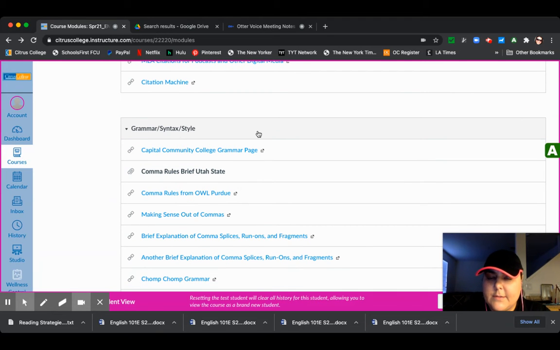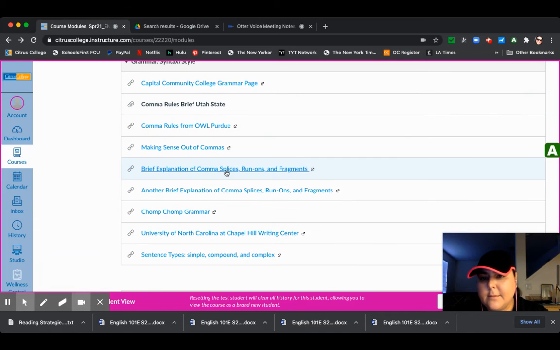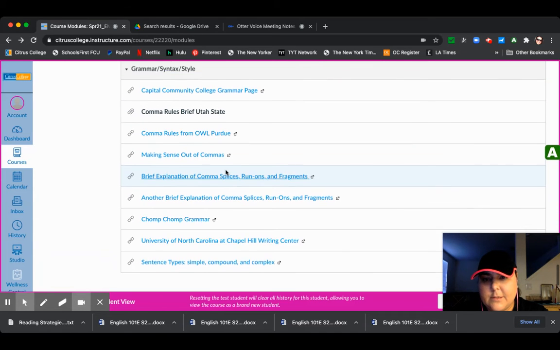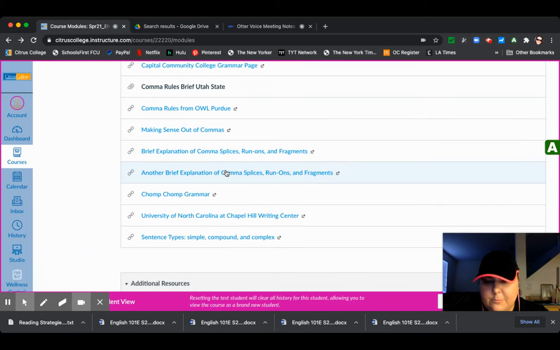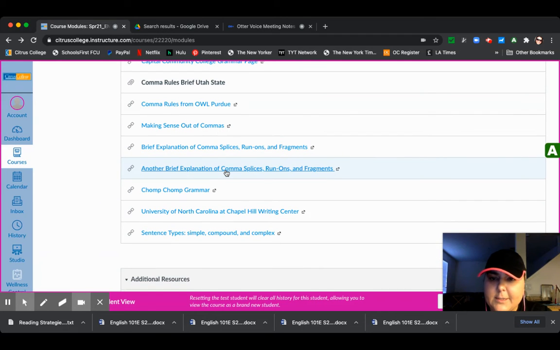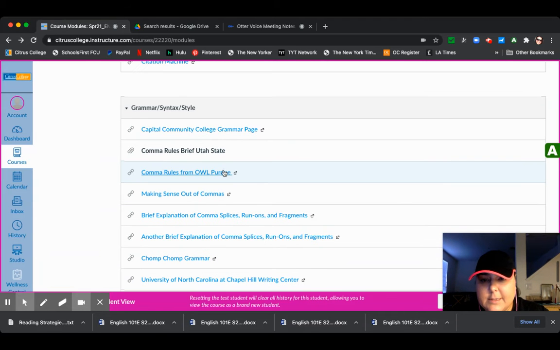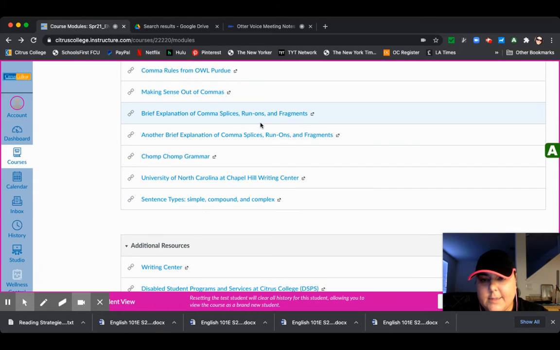The next module here is the grammar/syntax/style module. These cover basically different grammar and sentence structure topics that you can look up. We'll get into the grammar stuff in a little bit, but I don't do direct grammar instruction because it's tedious and boring and not everybody needs the same grammar help. So what we're going to be doing is I have you pick a grammar topic that you would like to learn more about. You find a resource, you read or watch that resource, and then you write a summary about it. So I have these different topics here in the